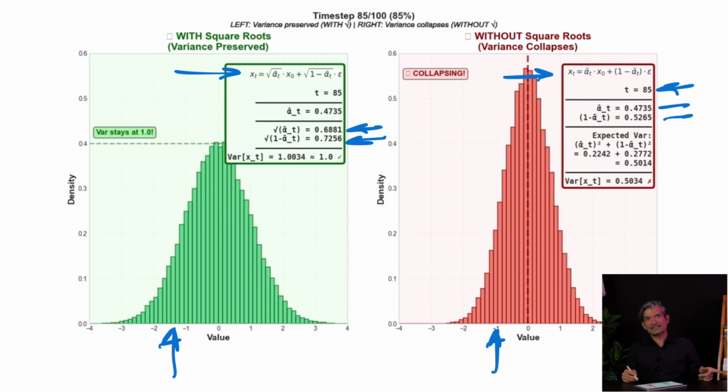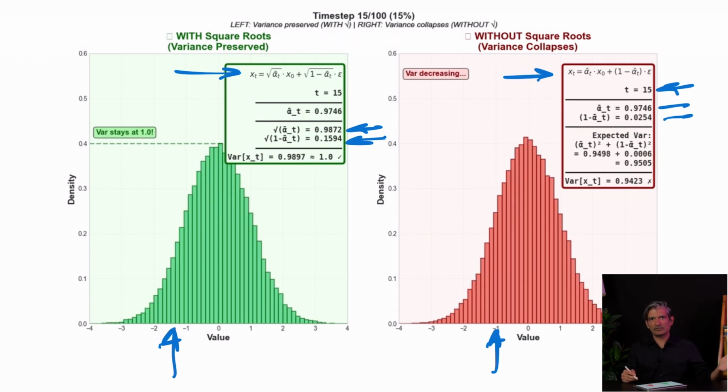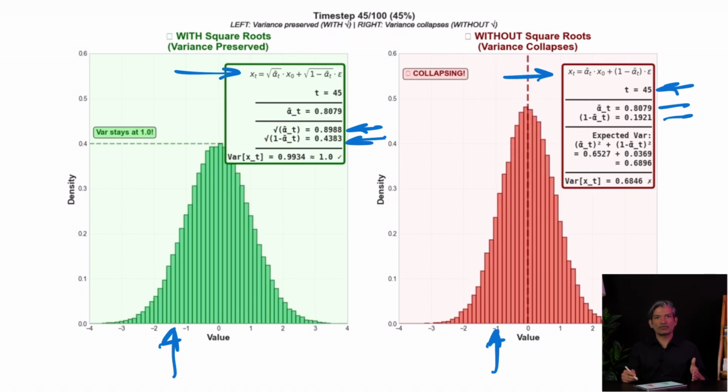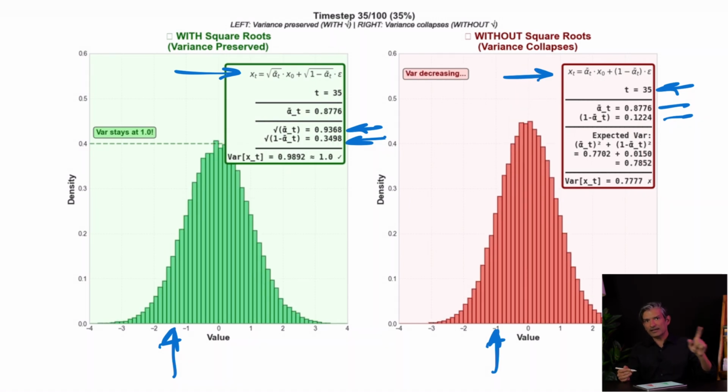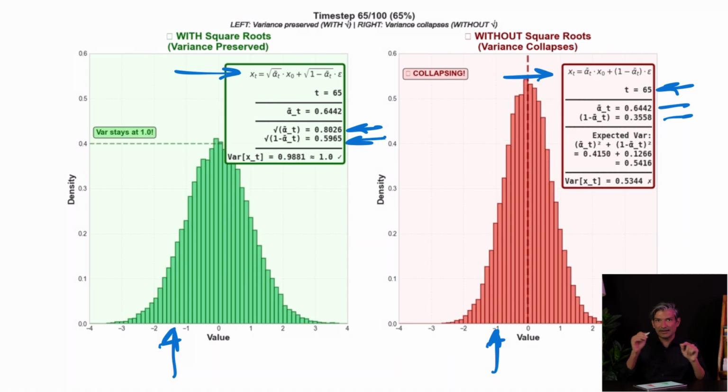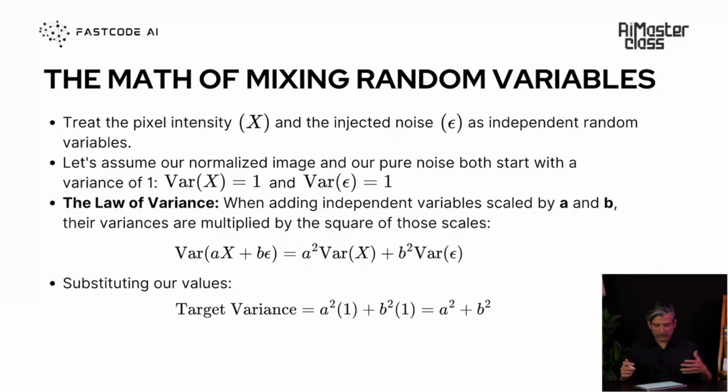But remember, this is the same thing, at least math-wise, that we were doing when we were doing the weight initialization, because even there we wanted our variance to be stable, and that is why we were dividing by the square root of fan-in, if you remember. So it's all very related and very simple.